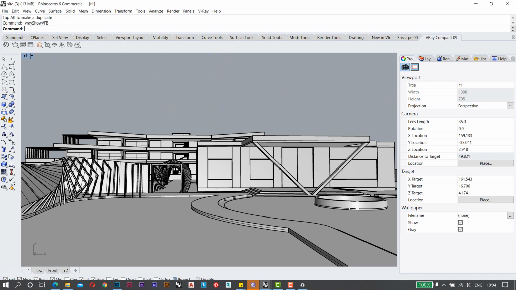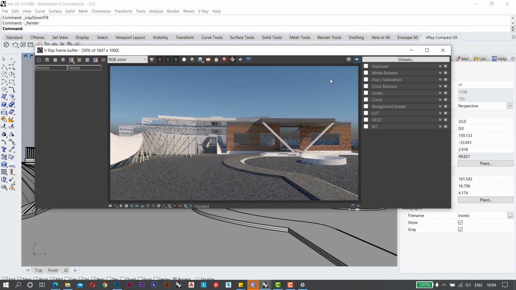Now when I click on this render button, you will see it gives a different kind of sky at the back.